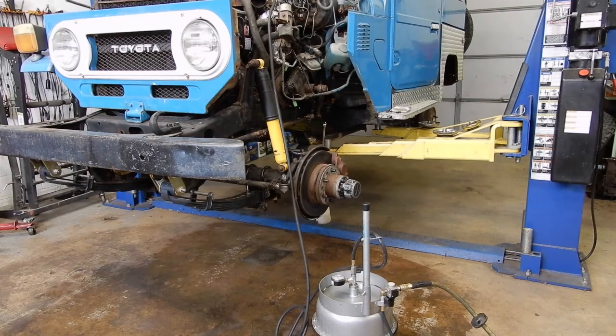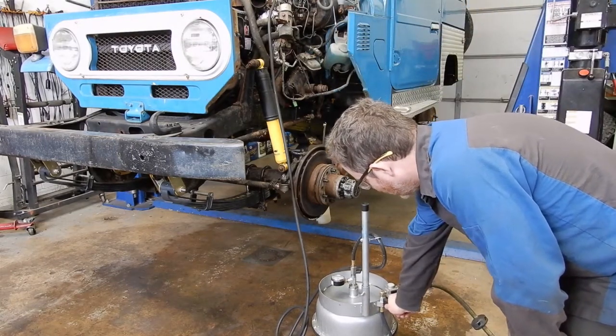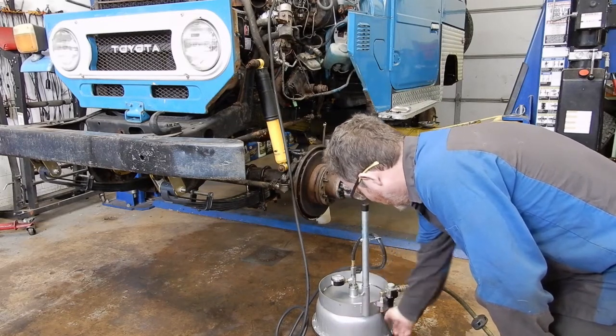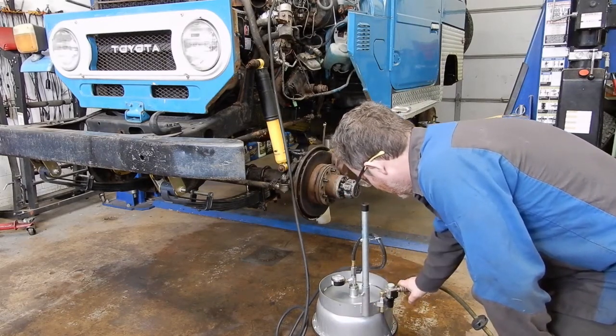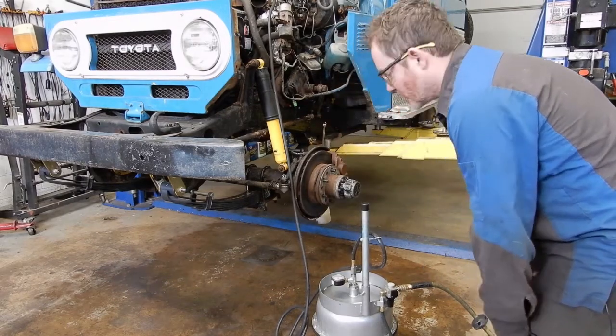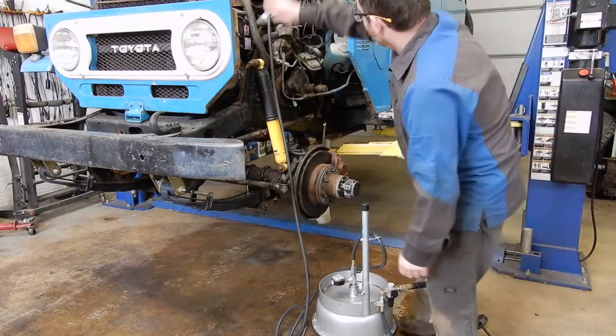So basically, you just set everything up, hook your air hose up, open your air line to charge the system, and then if you want, you can actually close this valve, unhook your air hose, and this thing can go wheel around on its own throughout the shop, and you don't actually have to keep an air hose hooked to it. And then you'll hook everything up here,